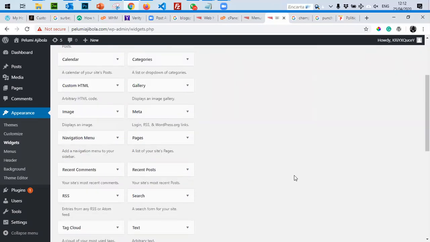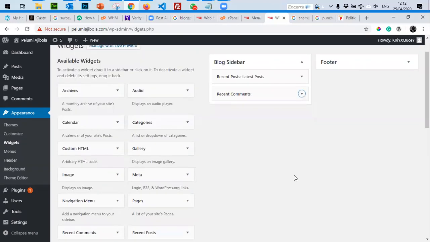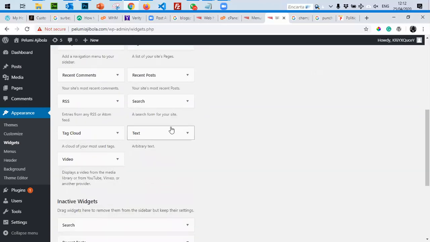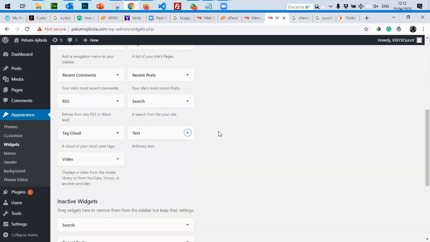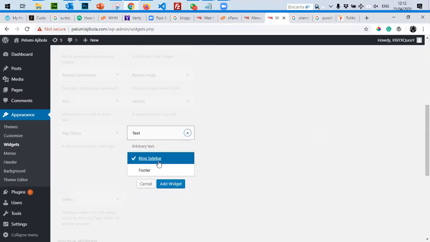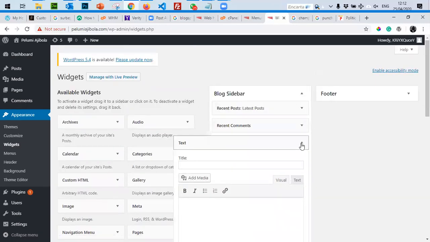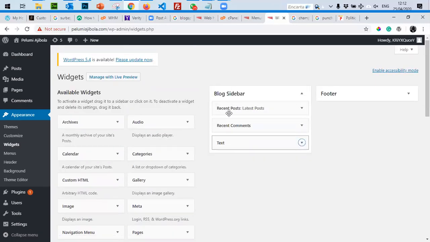If there's any other thing that's important for me to put on the sidebar, for instance, this is where I put a simple text about the author of the text. So I can add this text widget. You can arrange this. So this is a text, latest posts, recent comments.